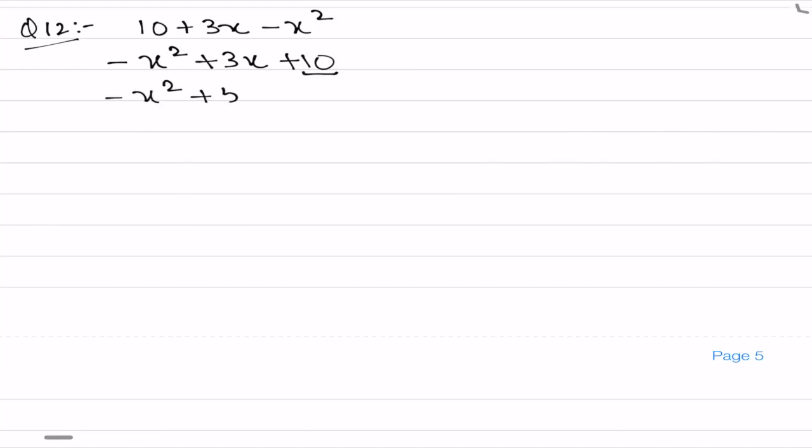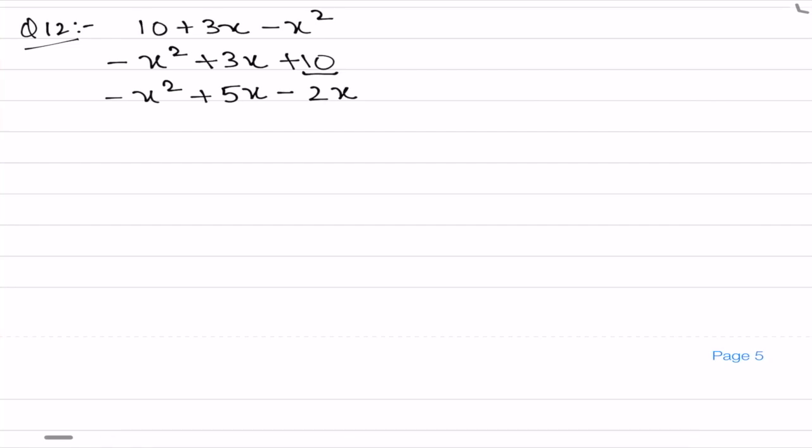One more question. 10 plus 3x minus x square. Now here children, you can see that the constant term has come first, then the lowest degree and then the highest. So first we will rearrange: minus x square plus 3x plus 10. Now we will make a factor of 10 into 1, the coefficient. So we will make the factors of 10. So minus x square plus 5x minus 2x, because the factors of 10 are 5 and 2, and 5 minus 2 is 3,